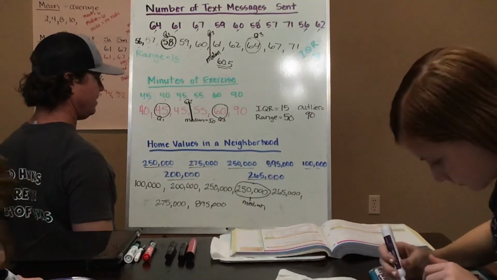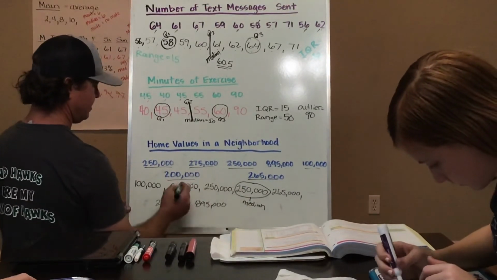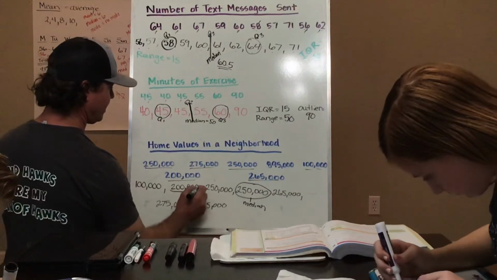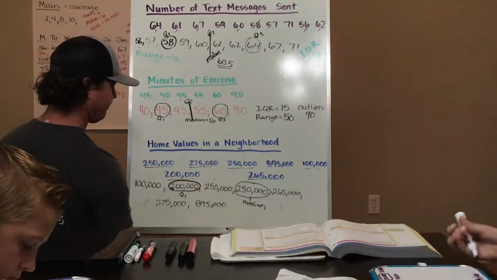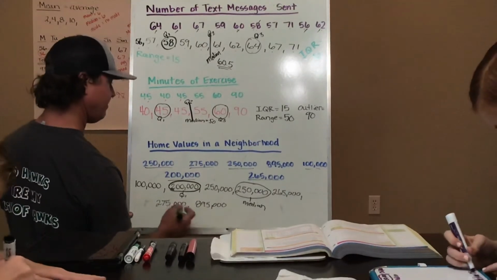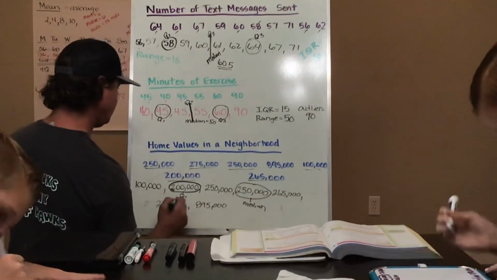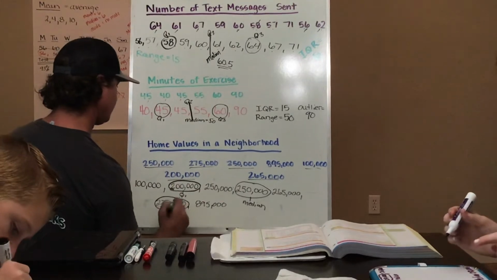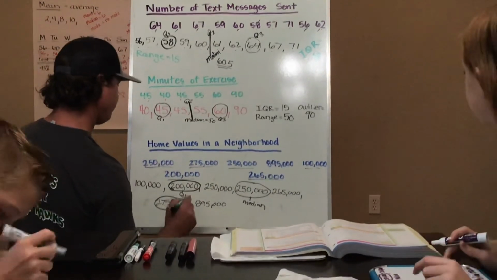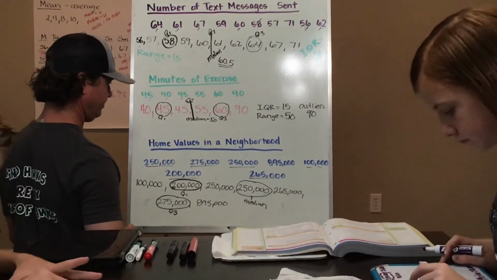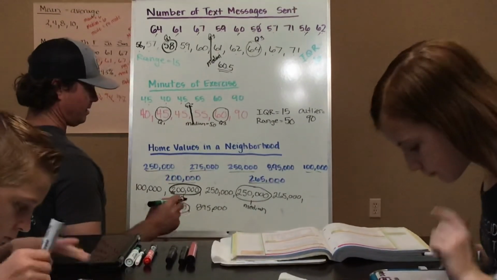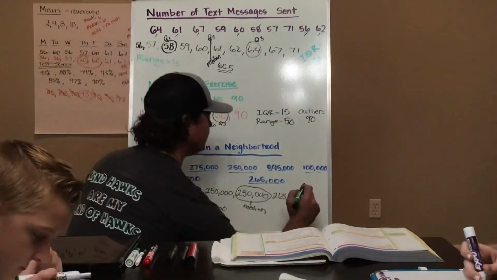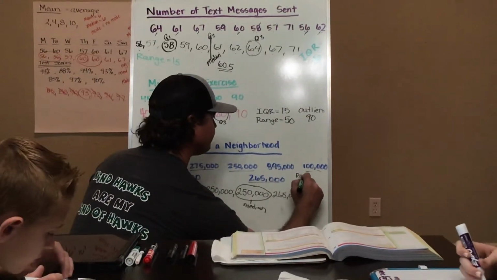Okay, now I've got 3 on this side, so that's going to leave the one in the middle here as my quartile 1. And that's going to leave the one in the middle here, 1, 2, 3. This one here as my quartile 3. Okay, my range